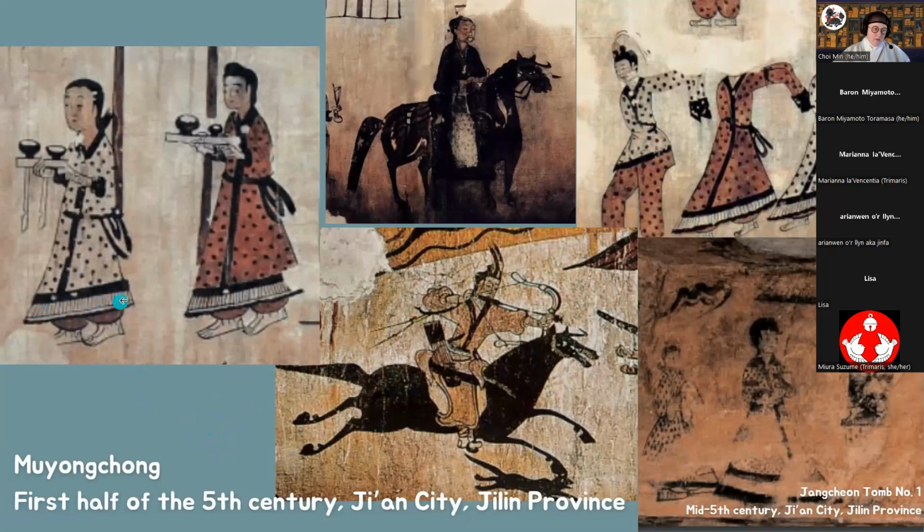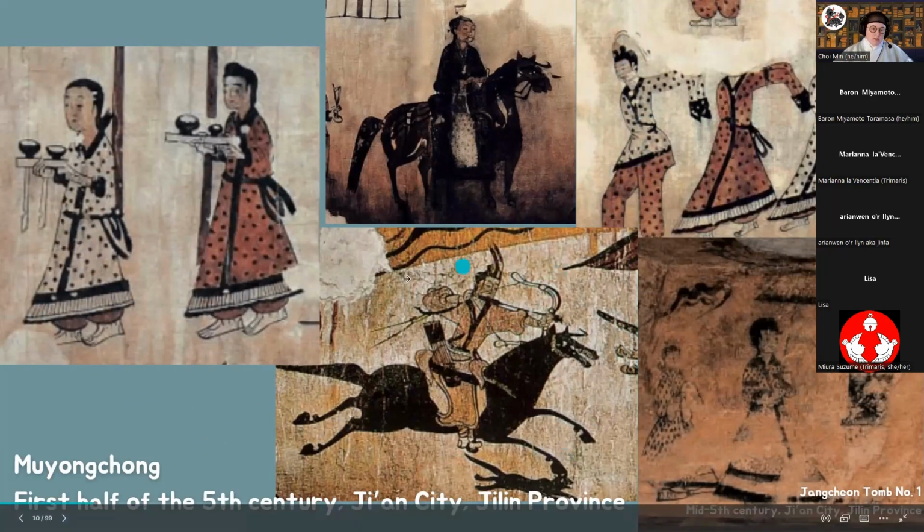And so we've got the pleated skirt you can see down here, and then the really long overtop, and then you can see that they're tied in the back and just kind of tucked in. And these over here are dancers, and so they're letting their sleeves out really long, and you can see this guy here has some probably pheasant feathers up top, and then this here is on one of the tomb murals as well.